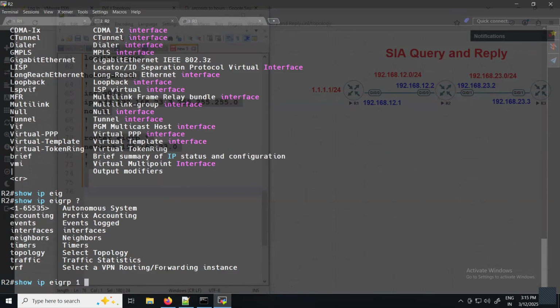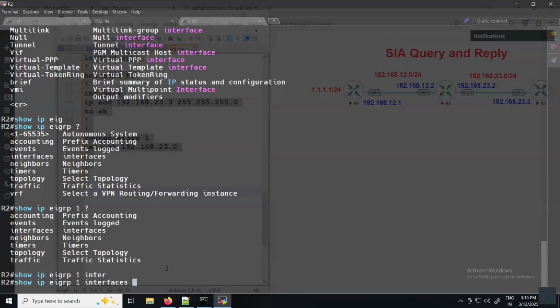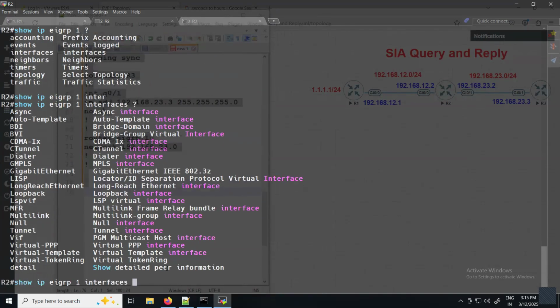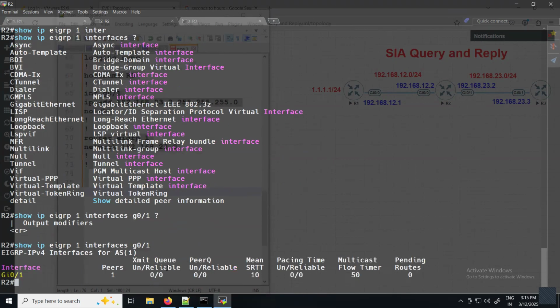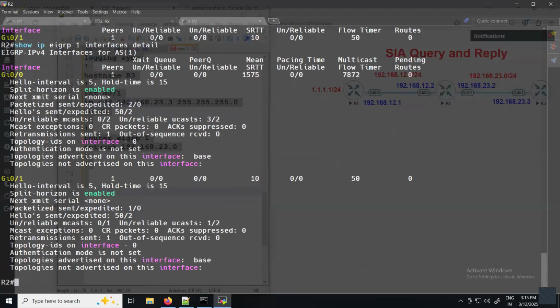One. Interface is 0/1. Detail is not okay. Interface detail it is. So we can see for the Gig 0/1 interface here,